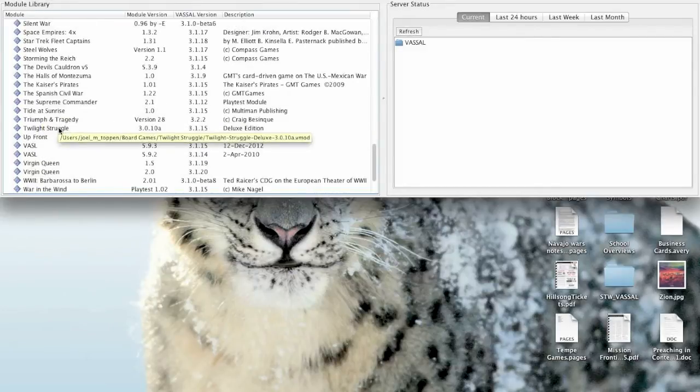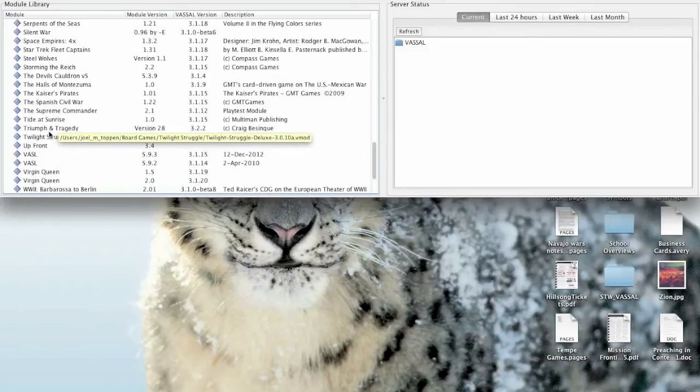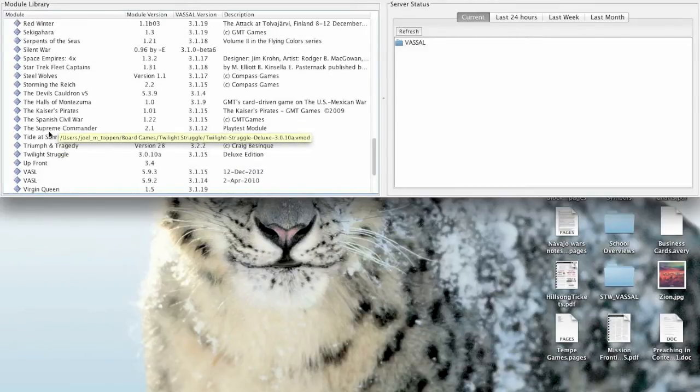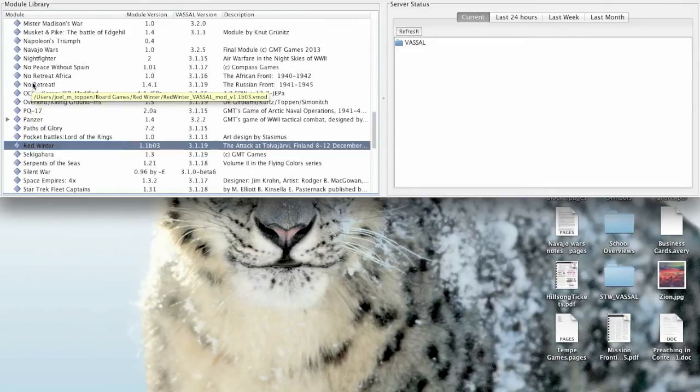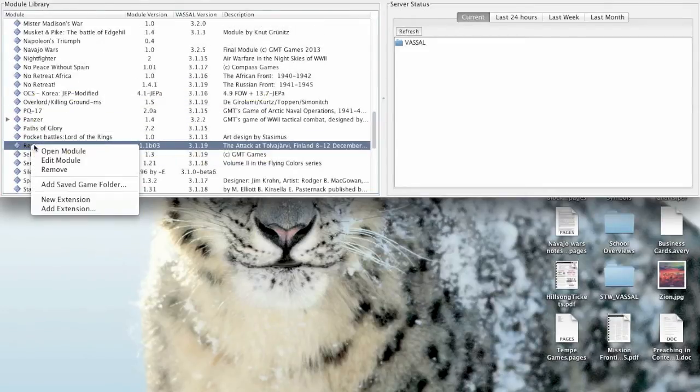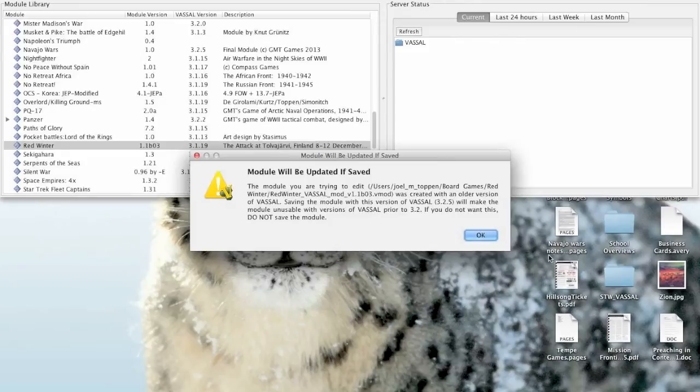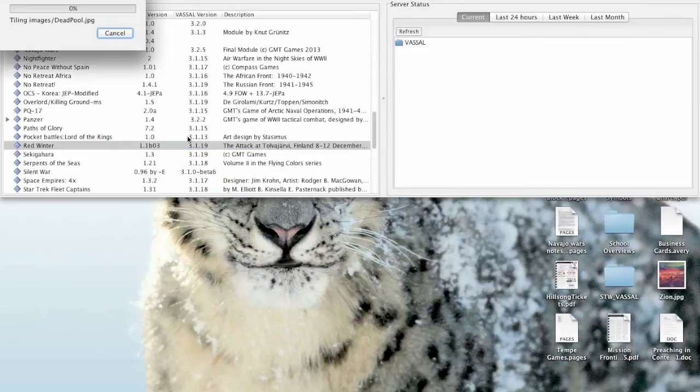I do play hex encounter games. I'm just trying to find one that I've actually done, and it's been a while. Okay, here we go. Red Winter. That's one. I think that might be worth doing. All right, we'll right-click on Red Winter. I did the original playtest module for this one, so I should be okay with tinkering around with the guts